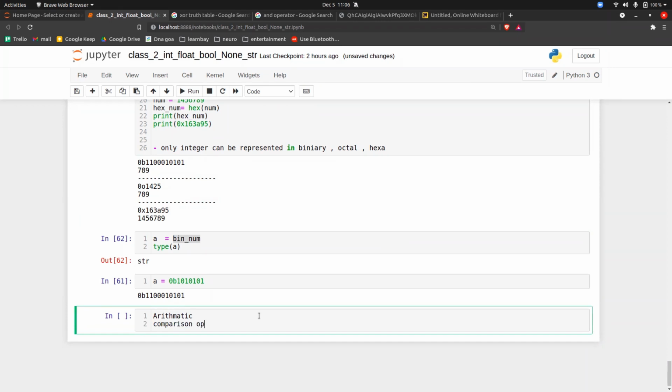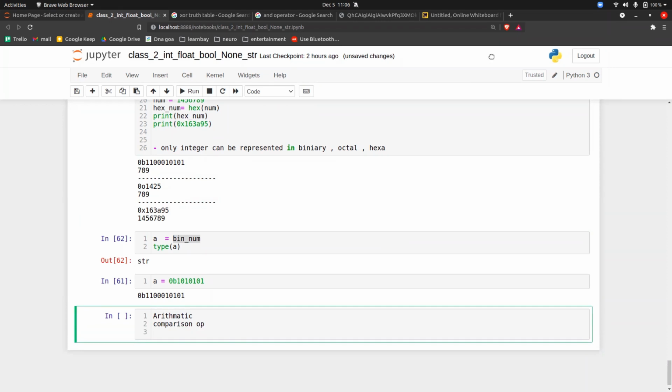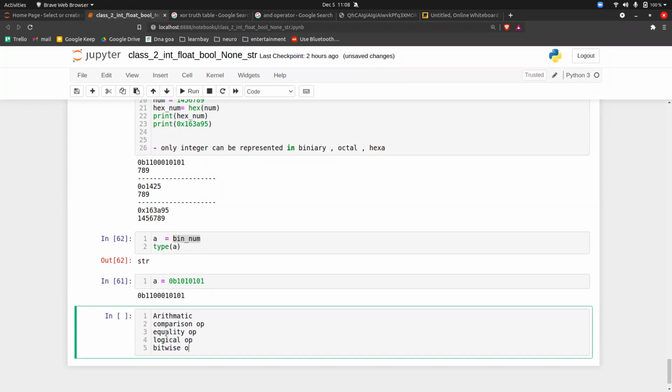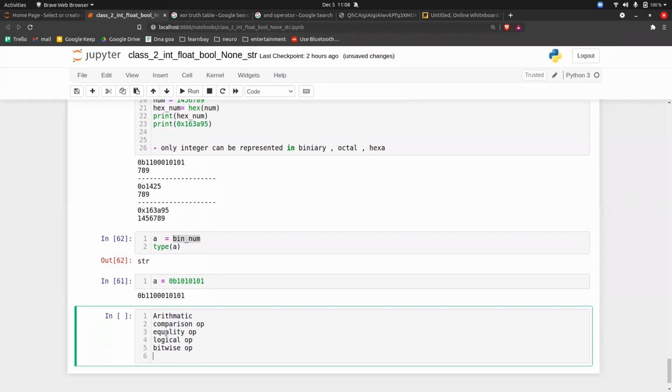Then equality operators. After the equality operators, we saw logical operators, then bitwise operators, then identity operators.